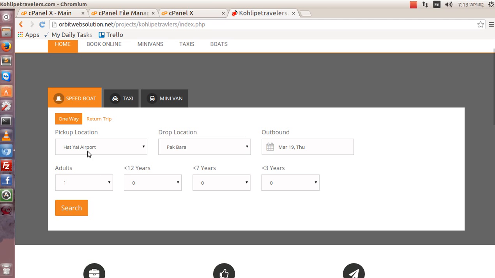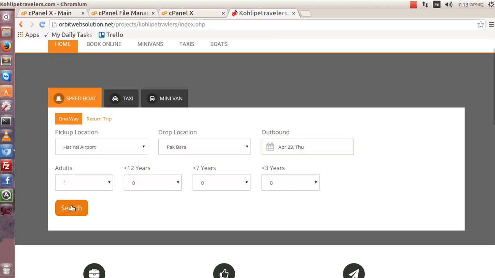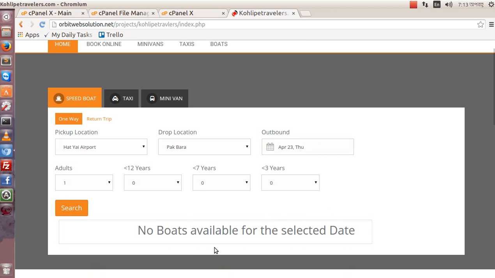If we try to search with some dates, let's say a date in April, it shows no boats available for the selected date, because for this date we have not provided any seats from the admin panel. So if we go to the admin panel,